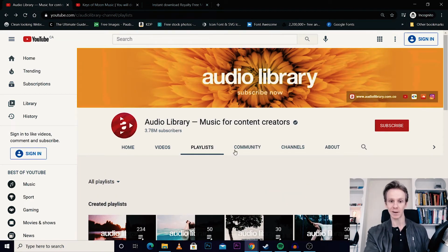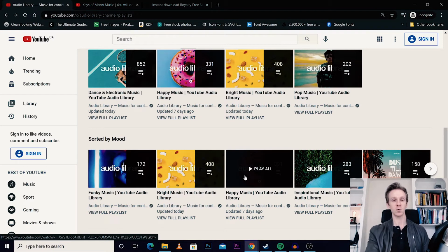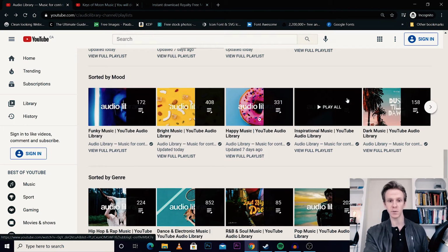So I recommend going on the playlist tab and then looking for a genre that you like. And this will be dependent on the emotions you're trying to feel, what you're looking to use these affirmations for, when you're looking to listen to them. So maybe you have multiple times a day. So here you've got happy music, you've got pop music, inspirational music.